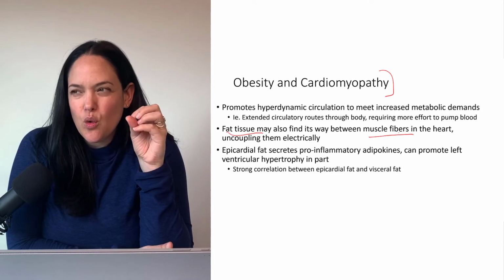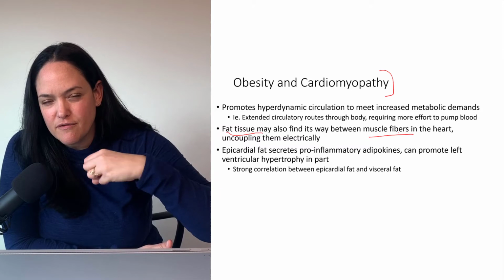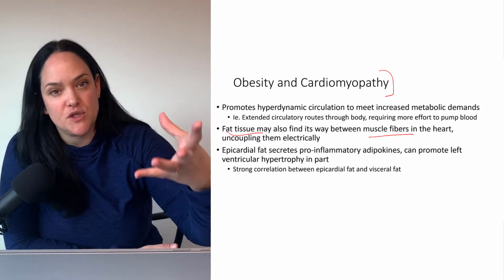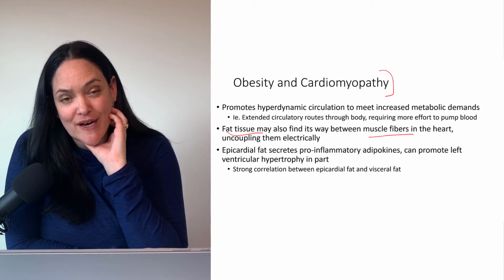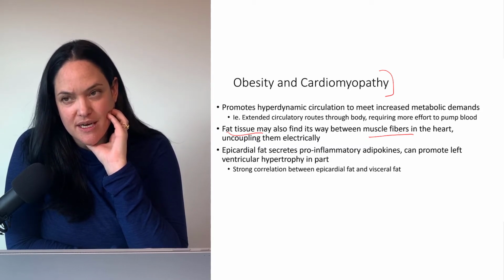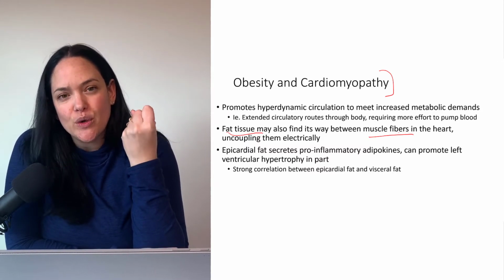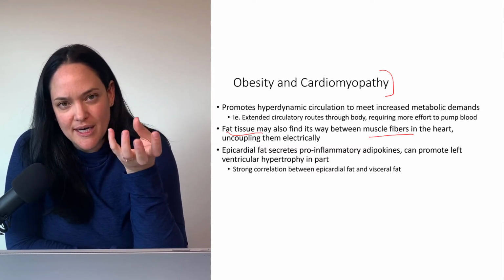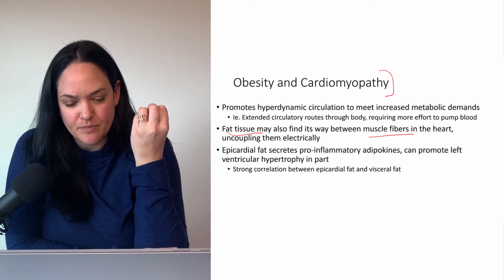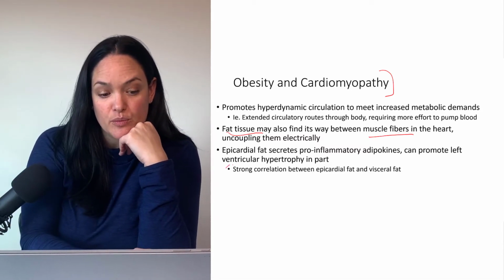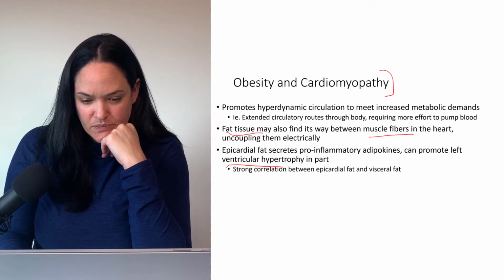And we know that visceral adiposity in particular secretes a lot of adipokines that are dysregulated in obesity, but we also see a lot more epicardial fat in individuals with obesity. And we know that epicardial fat can also secrete adipokines, which can potentially damage the heart muscle, and in particular promote left ventricular hypertrophy. Okay,